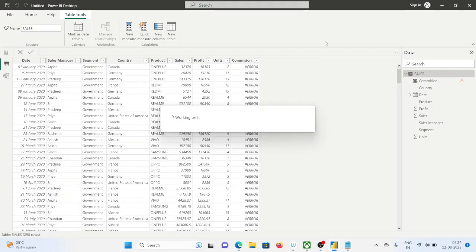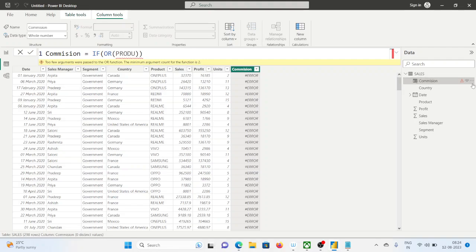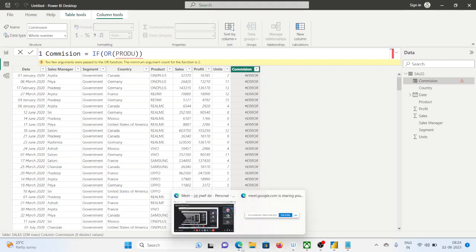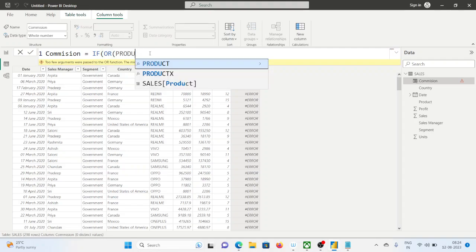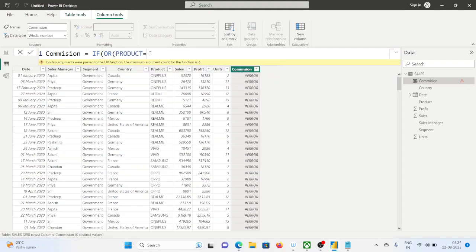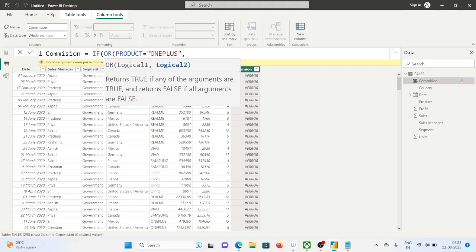Okay, click on commission, because since I have not completed this function, that is the reason why I'm getting a warning message. So what I'll write is, if product equals to, let's say OnePlus, comma, second logical test,